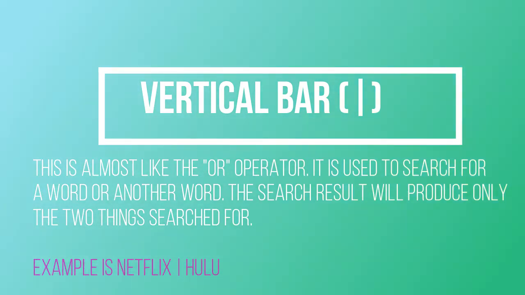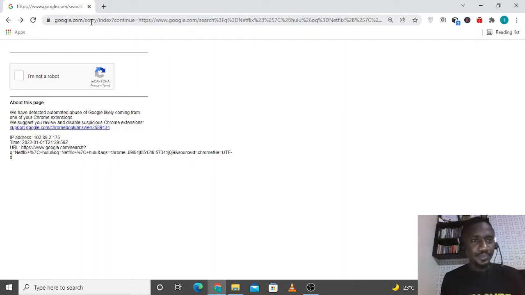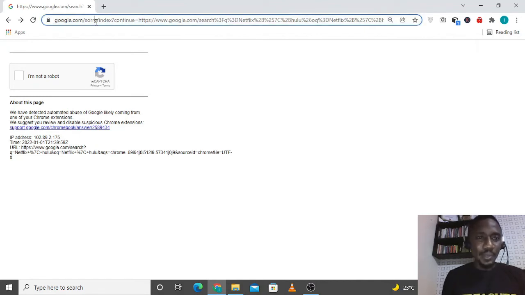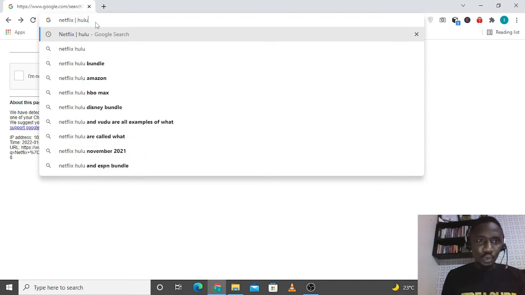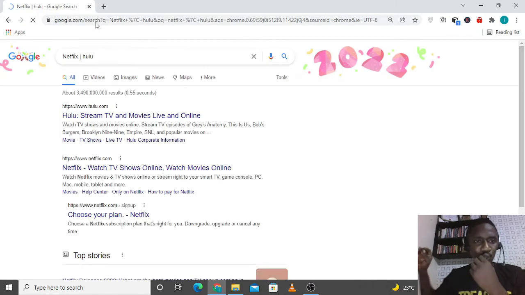The pipe button. So some people might call it the vertical bar, right? But we in tech, right, we call it pipe. So the pipe is also like an OR operator. So for example, I can say Netflix pipe Hulu, right? So what this means is I'm trying to search for where we have Netflix or Hulu, and if I click